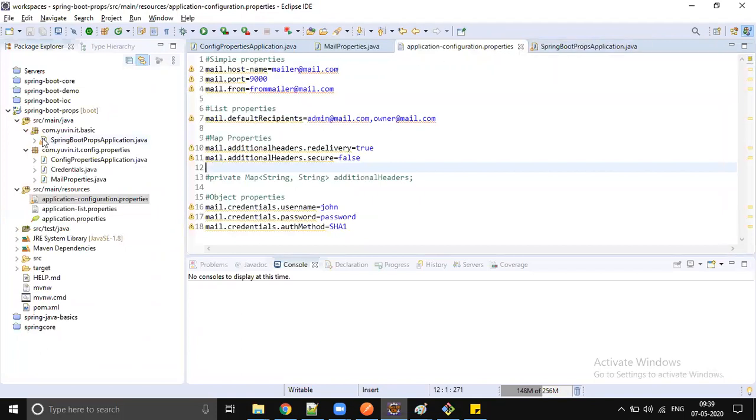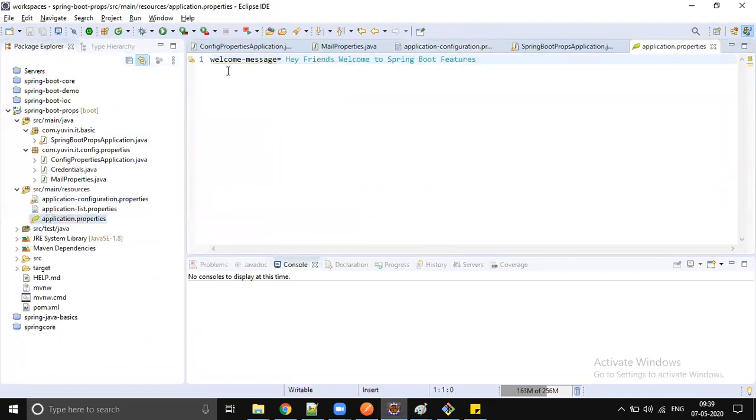So when I go to a plain application.properties, welcome message, this is not any grouping, right? It's an individual message that has to be loaded into your Spring Boot application. This can be loaded using the at value annotation or environment.getProperty.